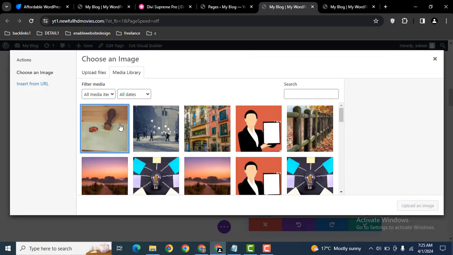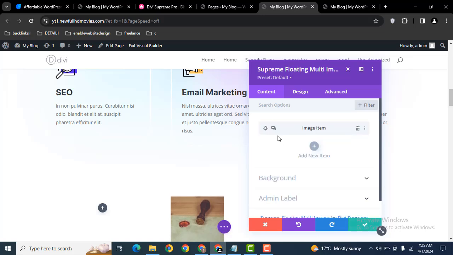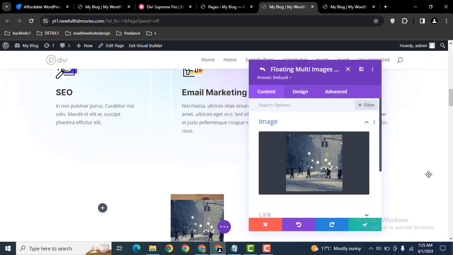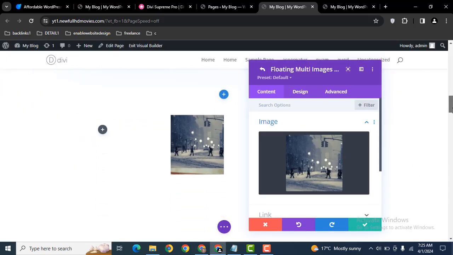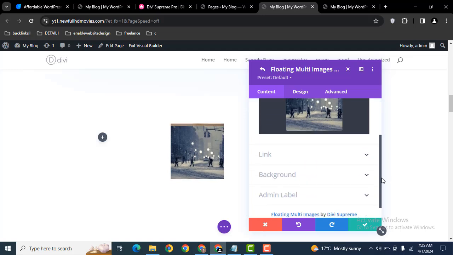Let's add image 1. Then after that duplicate and add a different image. Now here you can see how it works. Then scroll down